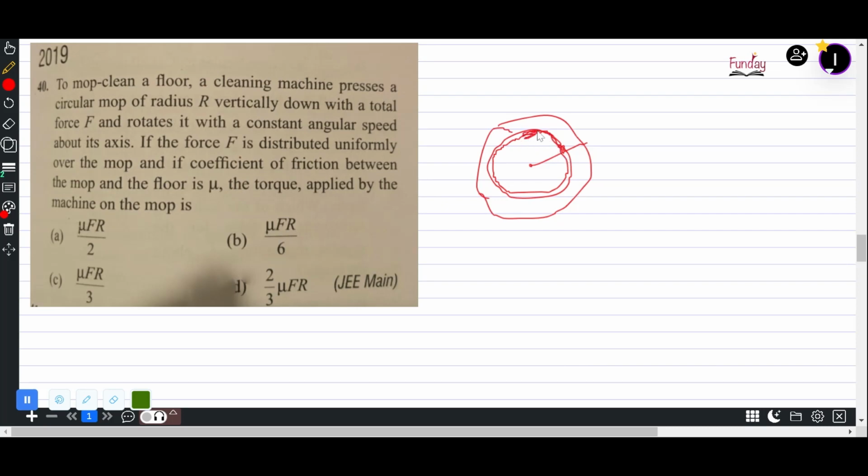Okay, so now the area of this ring is going to be 2 pi x dx. This is at x distance from the center and the width is dx. So the area of this ring is going to be,